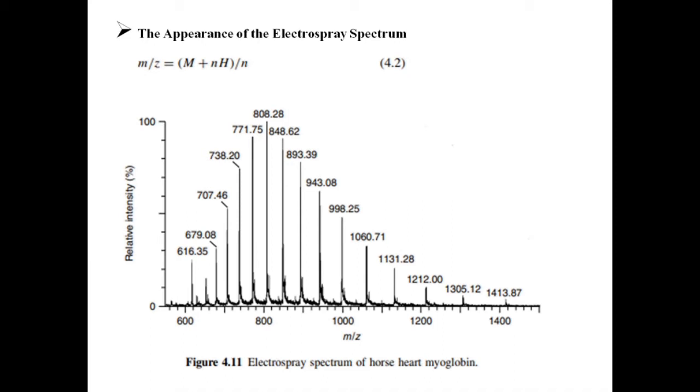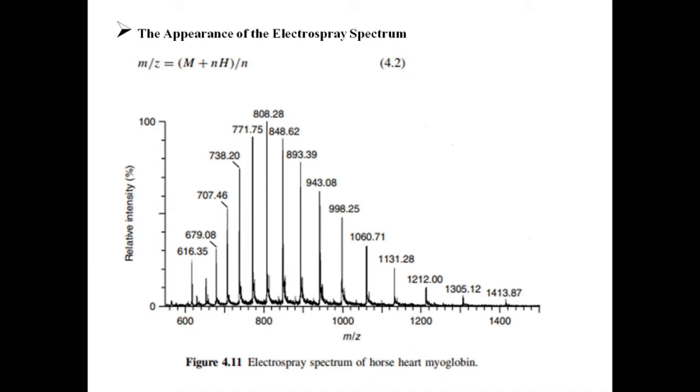The appearance of the spectrum is much more dependent upon the environment from which it has been produced than those produced using other ionization techniques. The spectra produced from a single analyte under different experimental conditions may therefore vary considerably in appearance. Electrospray is the softest mass spectrometry ionization technique, and electrospray spectra therefore usually consist solely of molecular ions.